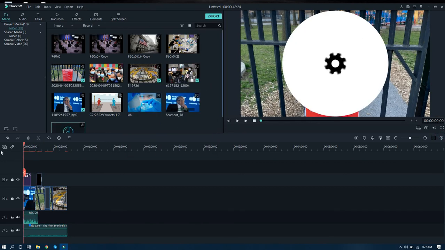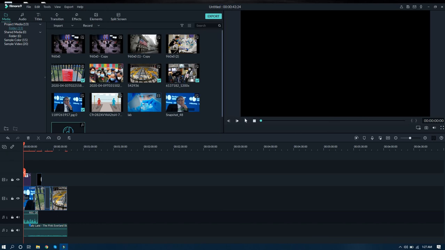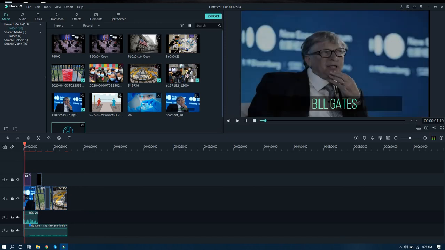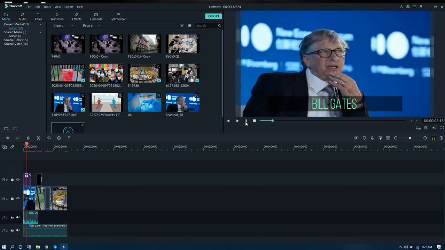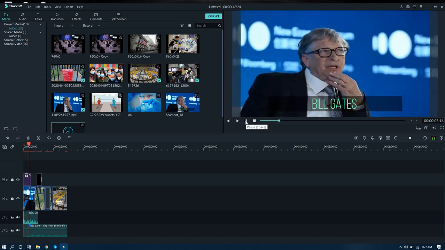If I play this, you can hear the voice which I was speaking while the video is playing. Now you can see that, right? If you want to increase the volume, or reduce the volume of the recording, you can do it.